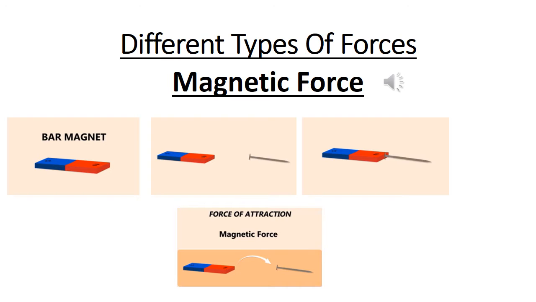What happens when we bring an iron nail near a magnet? As we bring it closer, at some point the nail moves towards the magnet and sticks to it. Moreover, it remains there until we manually separate it from the magnet. So why does the iron nail stick to the magnet? This is because of the force of attraction. This force is applied by the magnet on the nail and hence is called a magnetic force. Magnetic force is a non-contact force. It can act on another object without touching it.